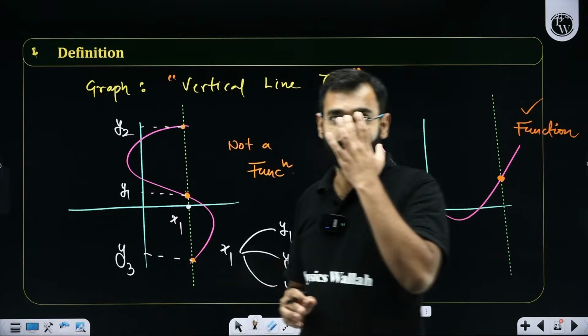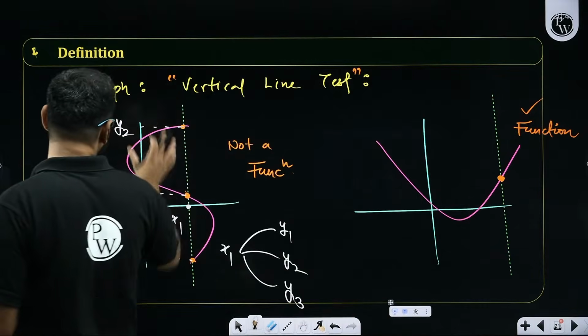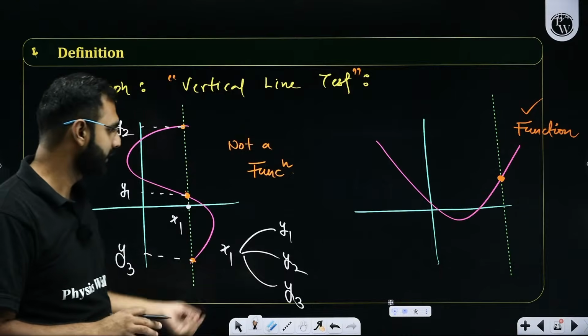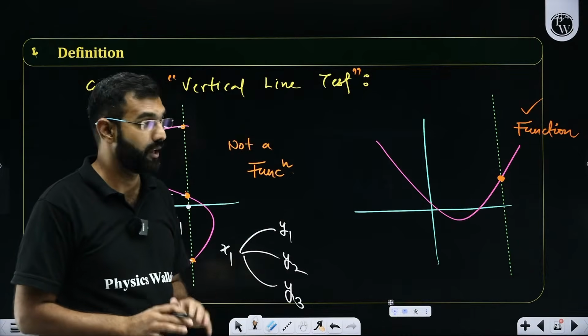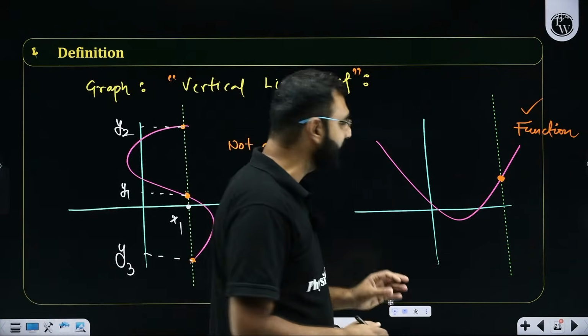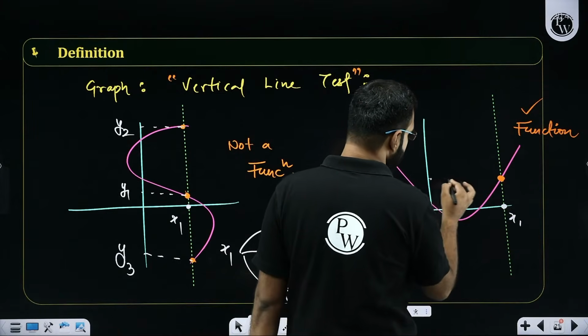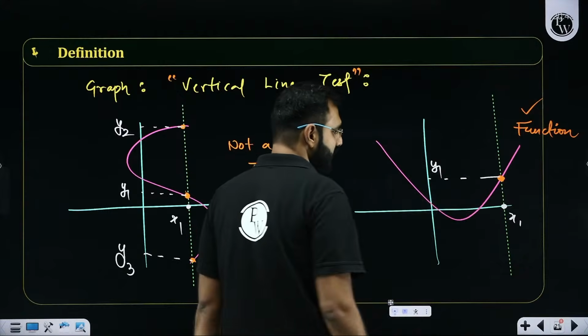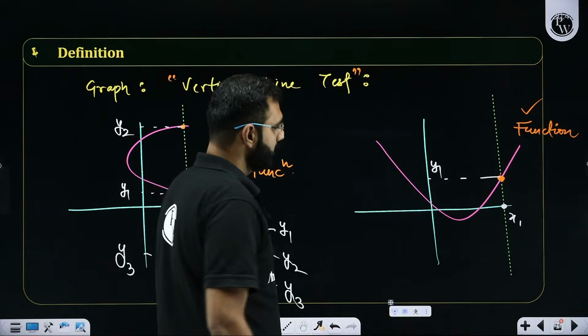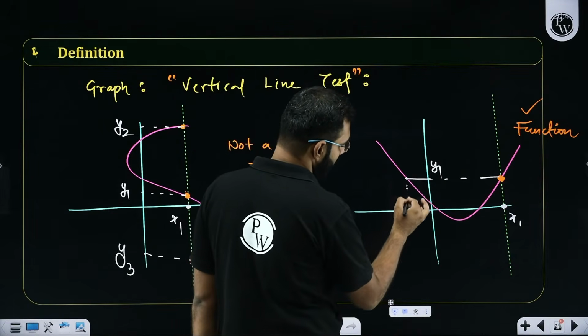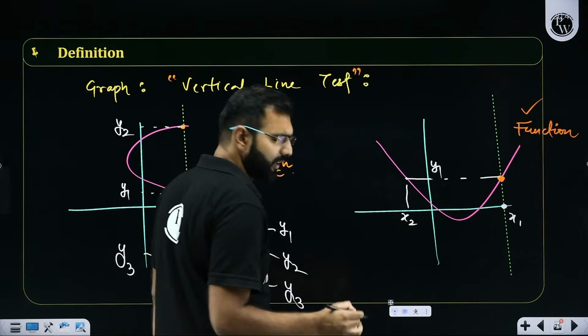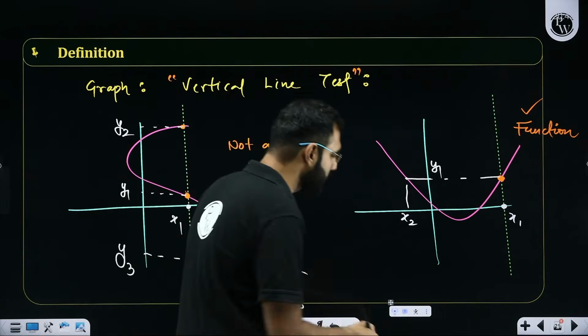So coming back to the discussion, everybody, are you getting it? This is clearly not a function because it has more than one image. But if I talk about this case, anywhere I see on the curve, all the elements in the domain have unique images, yes or no? But sir, are you not noticing that this y1 could be an image of x2 as well? Then what's the problem over here? Is it really a problem?